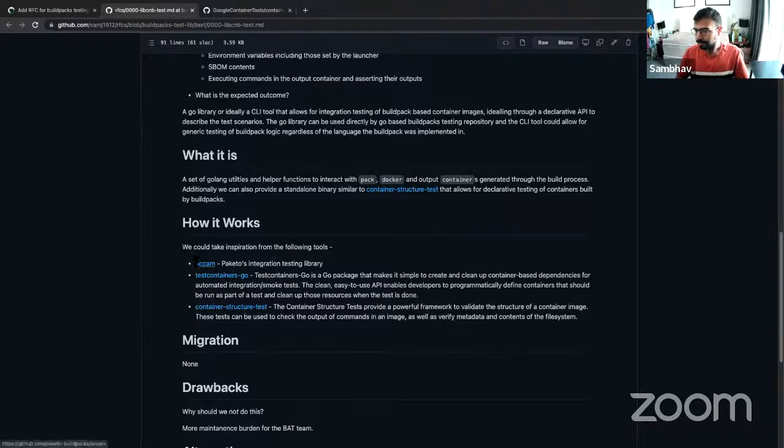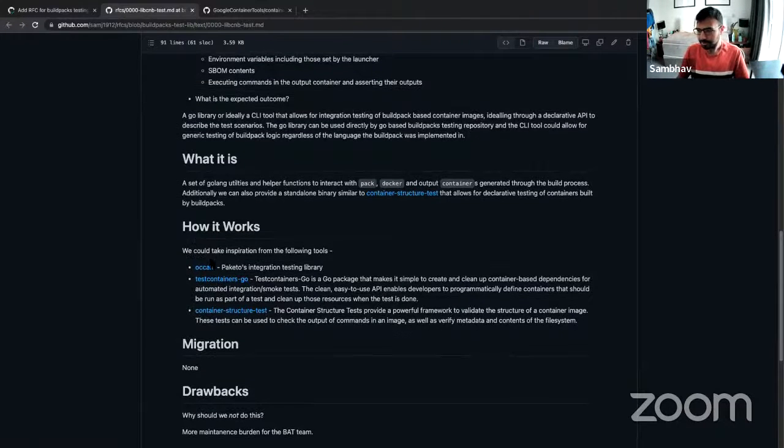I have a few libraries here that already do parts of what we plan to do. So our implementation can either be just augmenting some of these libraries, using them directly, providing the functionality as exposed and then adding on any buildpack specific things in our version, or just writing things from scratch, which is something that